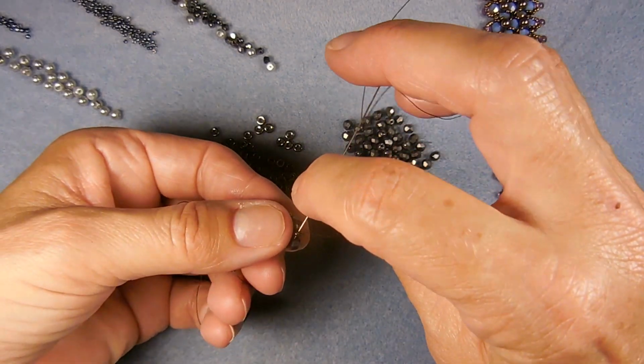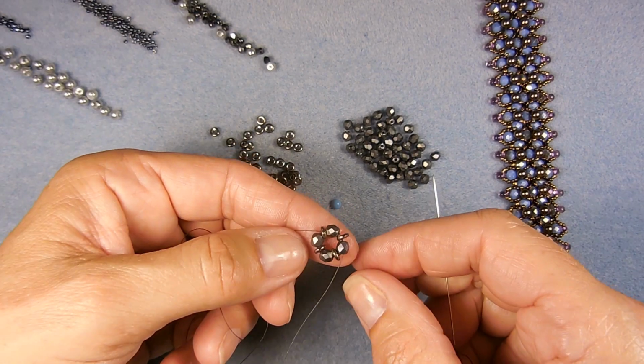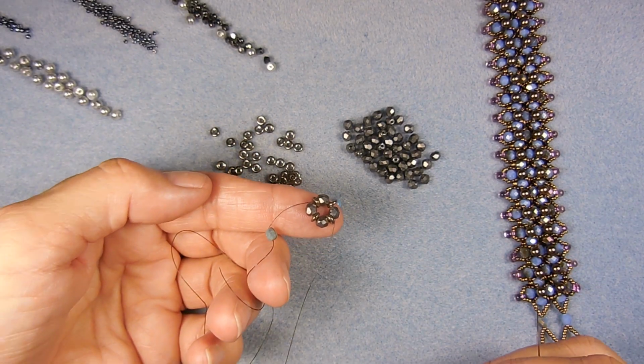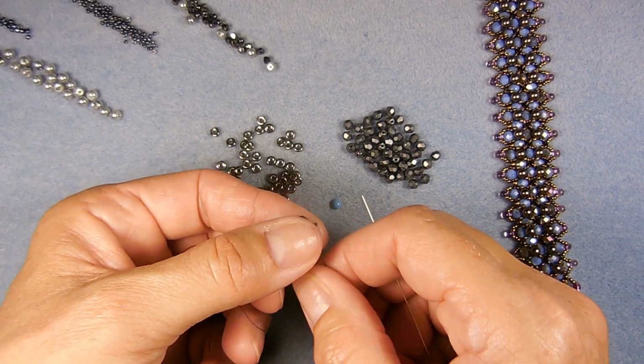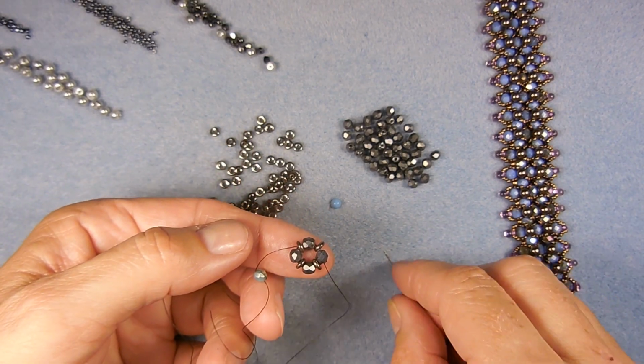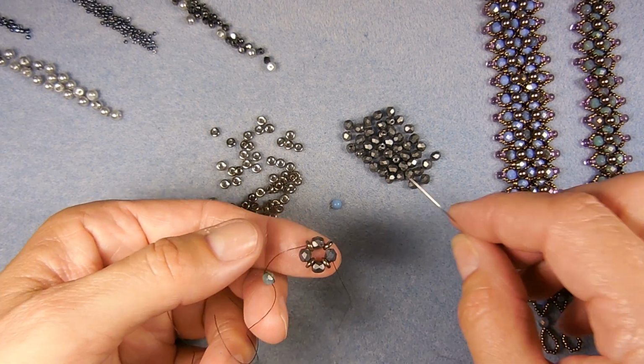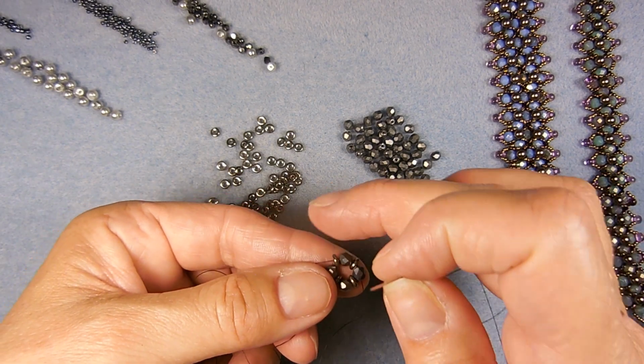I'm going to go past this O bead. I'm going to come out that 4mm. Okay? So this looks familiar. It should look familiar if you've done the single flower buds. Okay, so we've got our 4 O beads, our